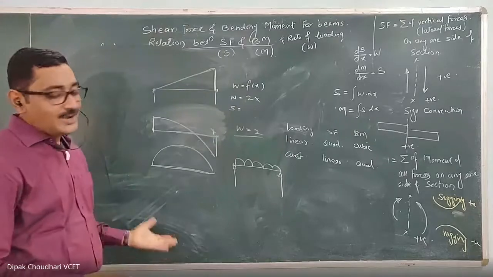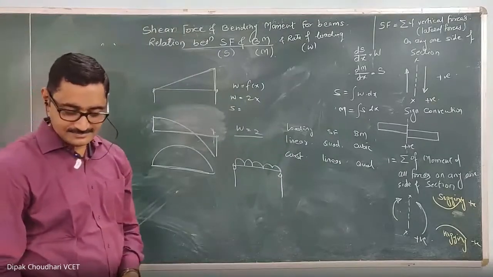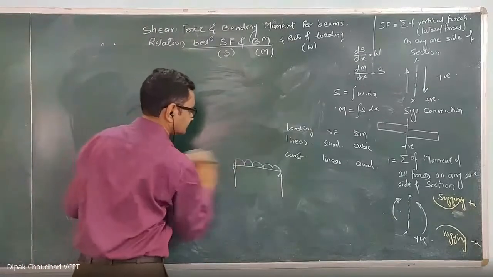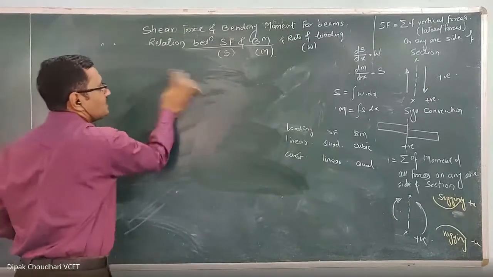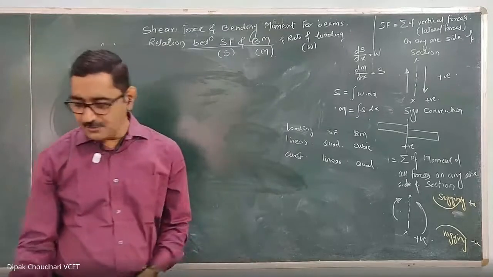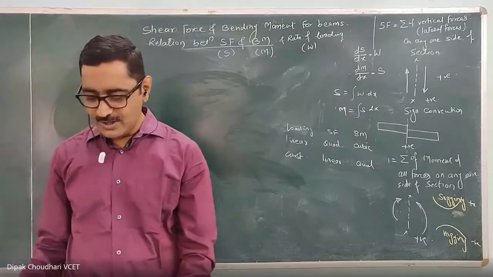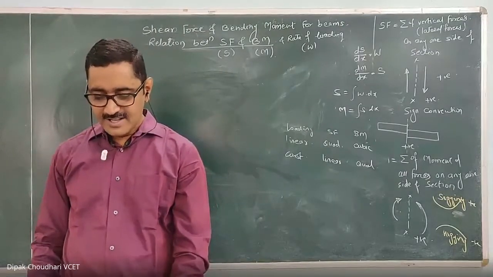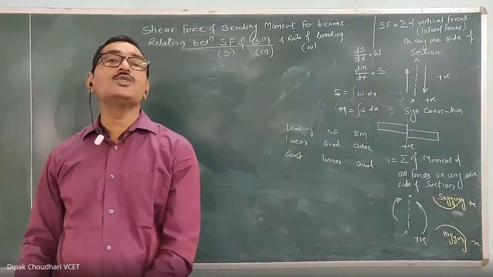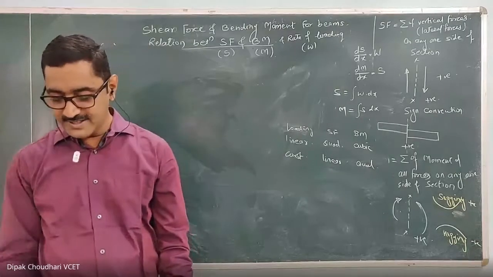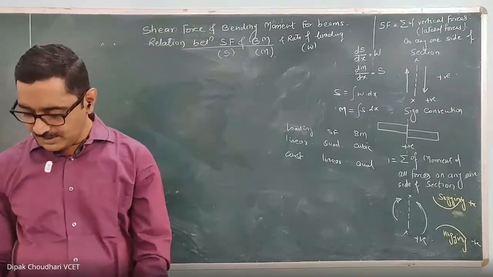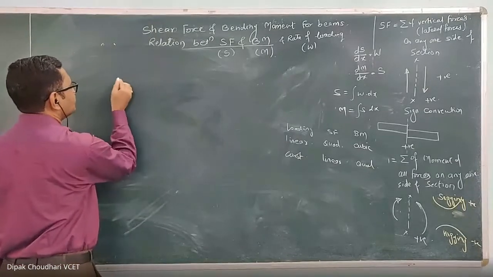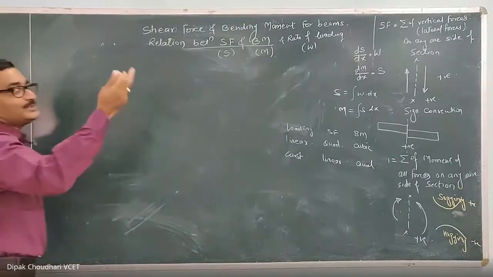Okay, any doubt till now? Now next one, let's draw the shear force and bending moment diagram. Here for any one type of loading, we'll consider only one case. Let's consider a simply supported beam with a uniformly varying load. Consider this case, simply supported beam with uniformly varying load. Here I will consider two different cases,